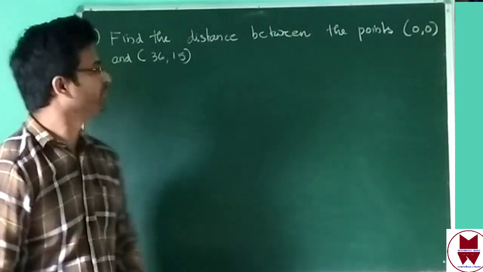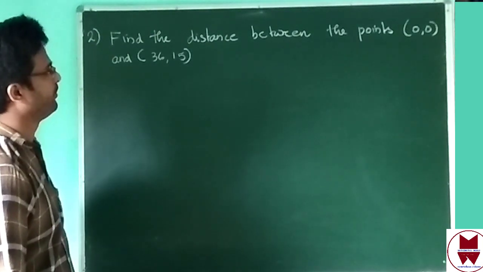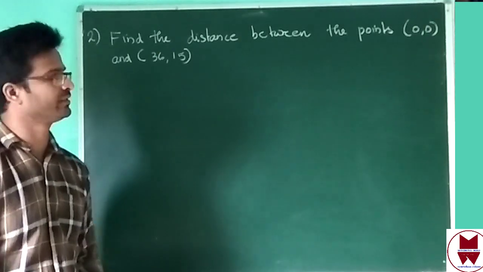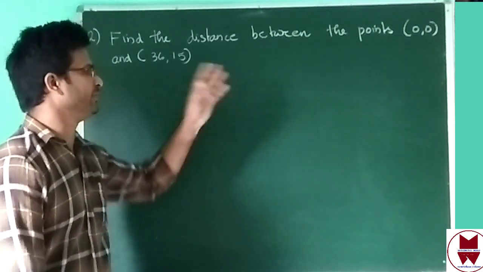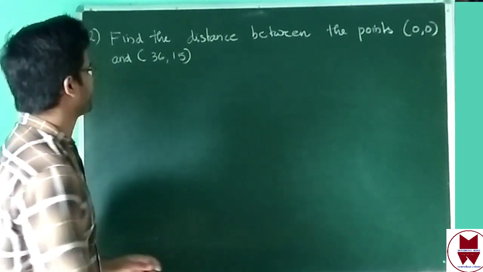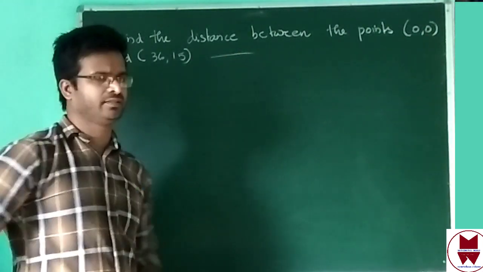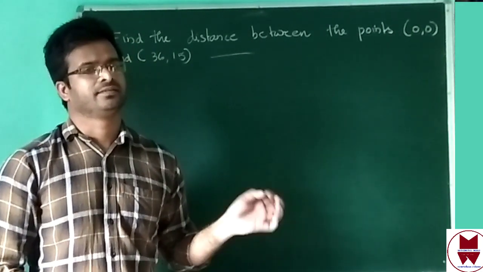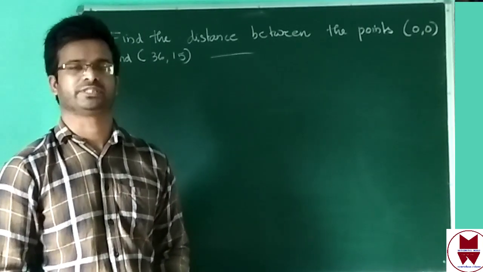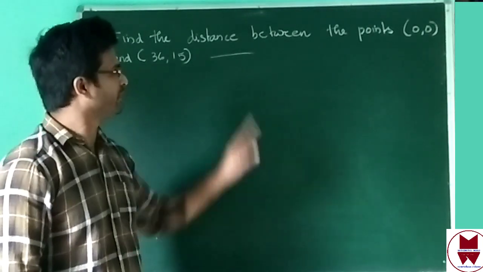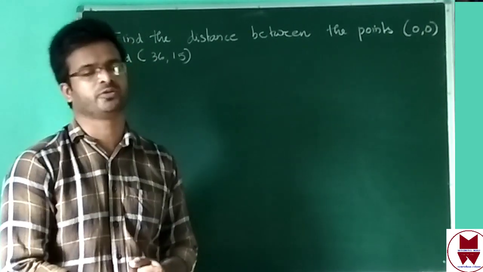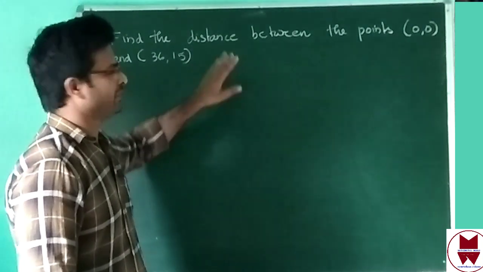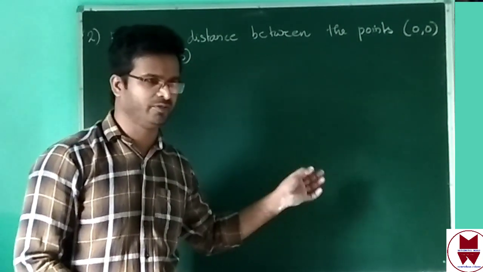Now question number 2. Find the distance between the points 0, 0 and 36, 15. In here 2 points given. We have to find out distance between these two using the formula. Then the second part of this question, again some questions are there. That part no need to do because they are mentioned in that question. Check section 7.2 from textbook, isn't it? Then exam time they cannot give like that one question because we are not using textbook in exam hall, isn't it? Then we will do only this part. Second part also you can do, same formula we will use, you will get same answer.